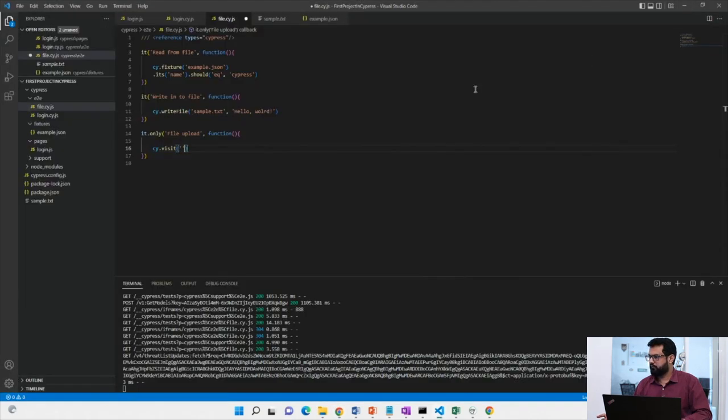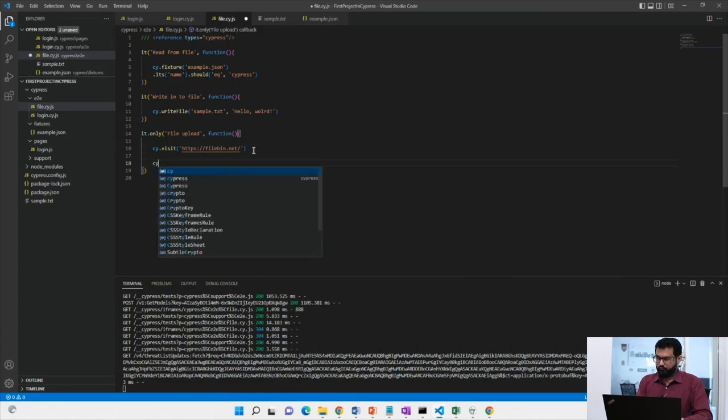Control C and Control V, and then I would put a small wait here as well. ये वेट इसलिए मैं कर रहा हूँ ताकि वो साइट अपलोड हो जाए, सॉरी, साइट ओपन हो जाए. सो वैसे तो इसके अंदर it has its own wait, but just so that we can see it happening